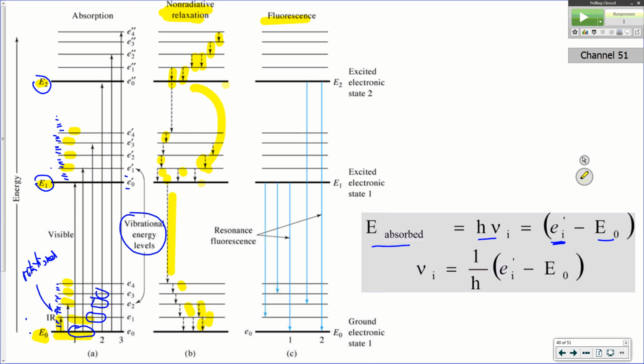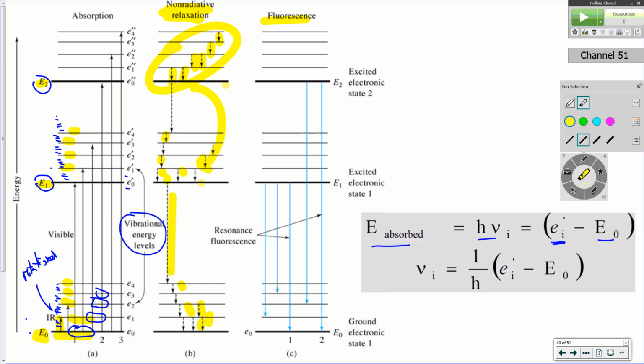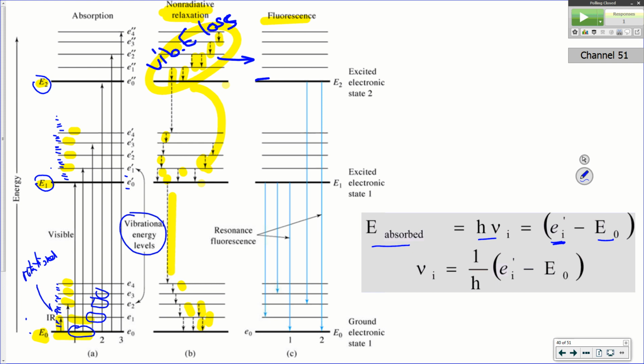Frequently what's going to happen is that you get to a point where you lose off some vibrational energy. So these would represent vibrational and rotational energy loss. And then you do a step over once you're at that vibrational ground state in an excited electronic state. That's frequently when you lose off a photon of light.